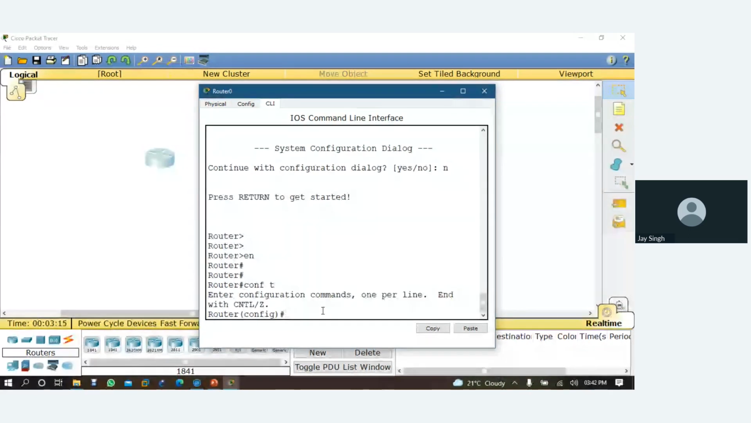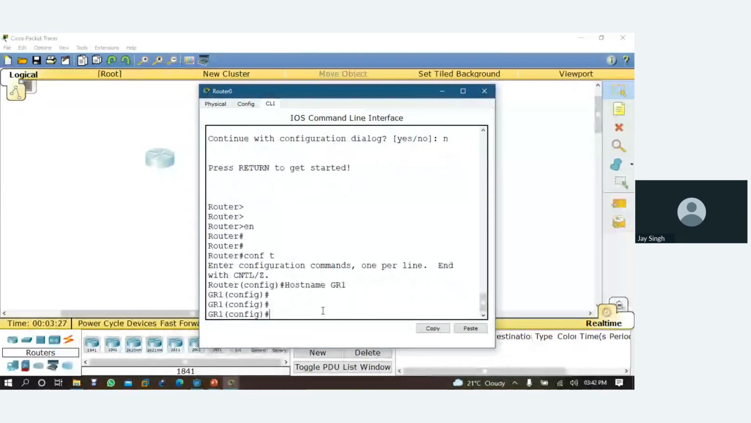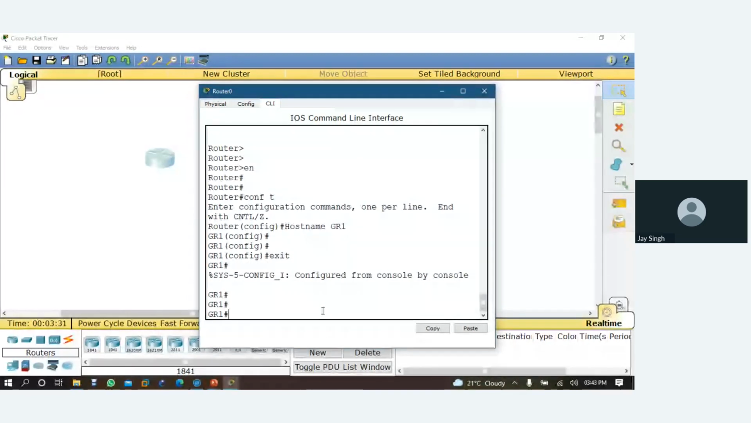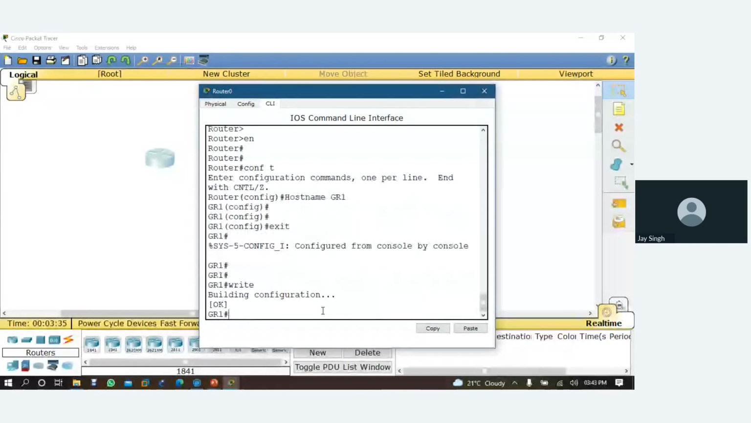So I'll go to configure terminal. I came to global configuration mode, and then here I type hostname gamtel router 1, enter, and then exit to come to privilege mode again, and then here you have to type the save command. Okay, see, the configuration is saved, and now if you are restarting it,